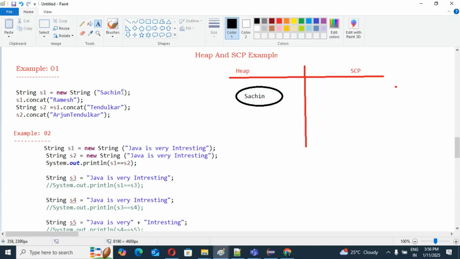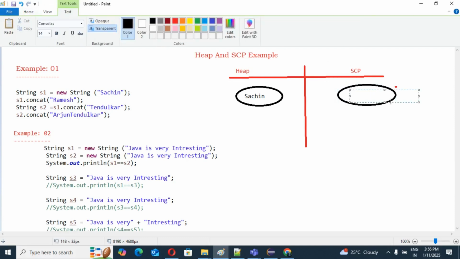So for future purposes, you can have this object in SCP as well, correct? We also have the object in the SCP area for future purposes.